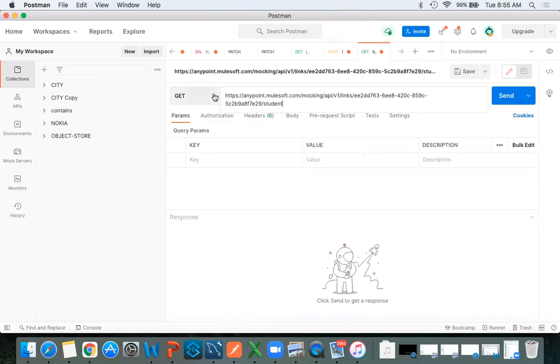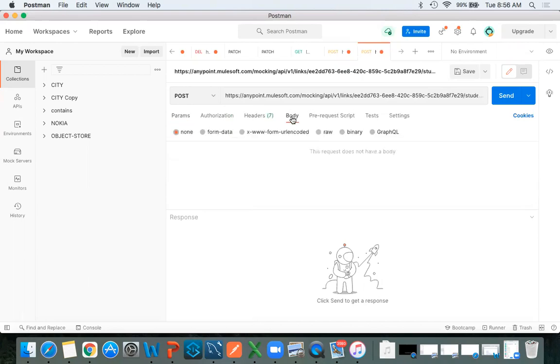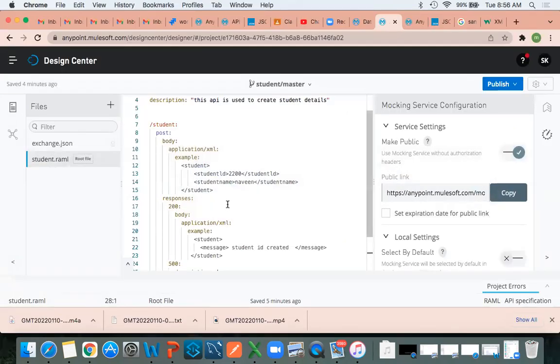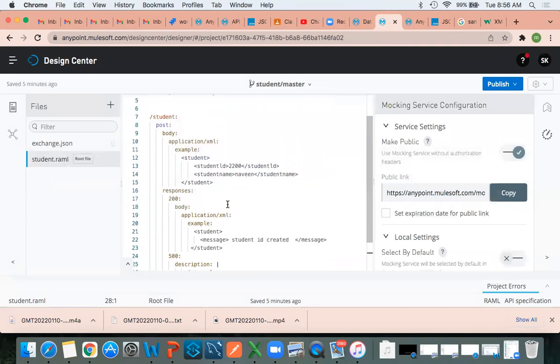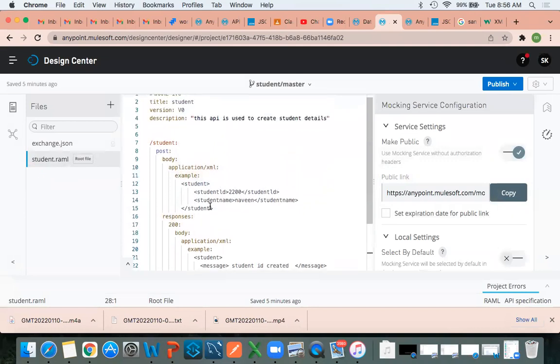Very good. First we have to change this, or else what will happen if you use the GET method? We'll get 405 method not allowed. Okay. Let me change this. That's it. Body. Raw data. Body. Raw. Text. Text is XML. Very good. In the XML, we need to paste this. So this is very easy and simple. You guys are easily answering this.